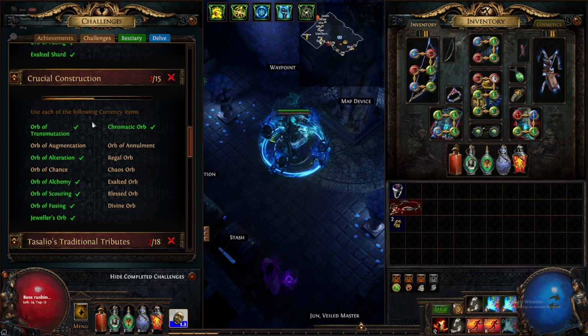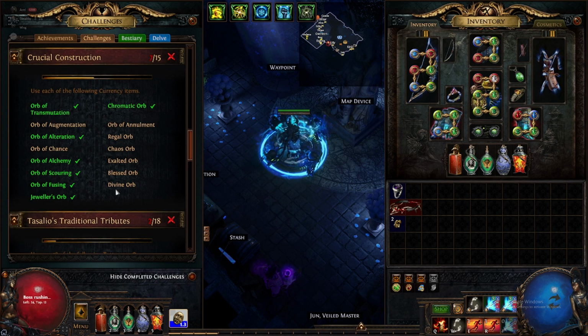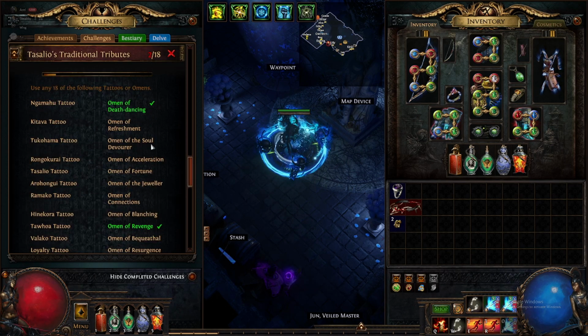Now this one should be obvious. You just use all the currency items on a piece of gear. Obviously when you get to Divine Orbs, it can be a little bit expensive, but that's how you do that achievement. Now this one could be a little bit confusing for someone, but it's pretty simple if you look up